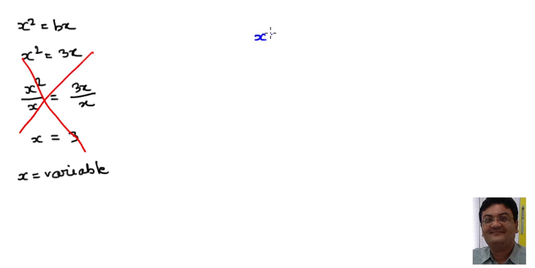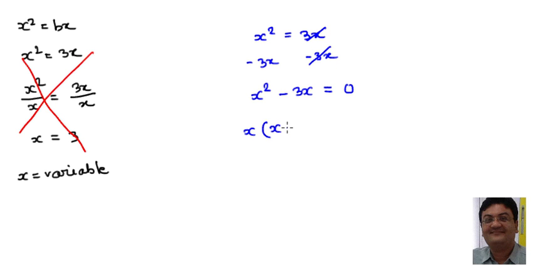Let's say x squared equals 3x. In order to solve this equation, we have to bring all the terms on one side. To do that, I'm going to subtract 3x from both sides. So these two will cancel out, and I'll be left with x squared minus 3x on the left hand side equals 0 on the right hand side. Now what I'm going to do is factorize this part. So x squared minus 3x, x is the common factor, x minus 3 will be left in the parentheses, equals